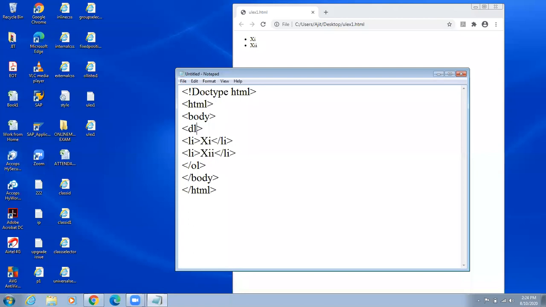D stands for definition, L stands for list. Definition list. Now here no li tag. For definition list there are 2 subtags. Which are the 2 subtags for definition list? I will use some heading.